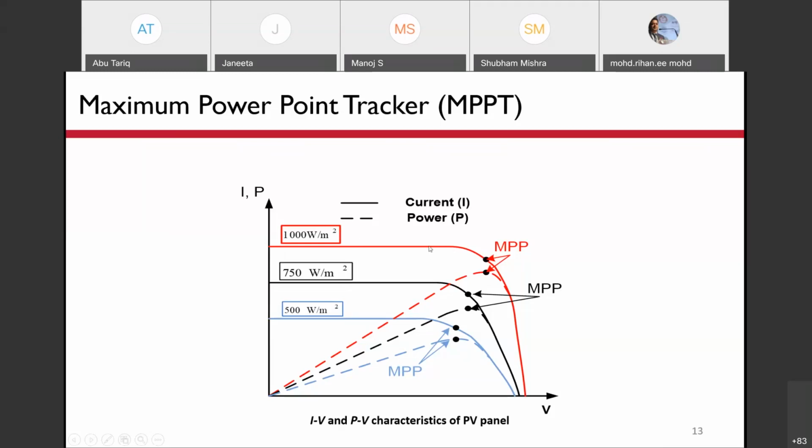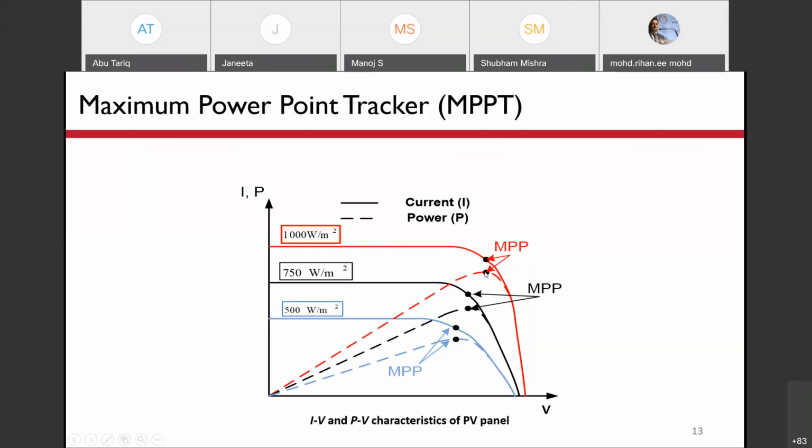The current remains constant and the voltage goes on decreasing. This means that power will start decreasing. You can see that the power curve is also shown here by dotted lines. So the power is maximum at this point. The point at which the power becomes maximum, we call the maximum power point. If we operate the PV module such that the operating point is the MPP, then we are able to generate the maximum power that is available from the PV module, that is this much power.